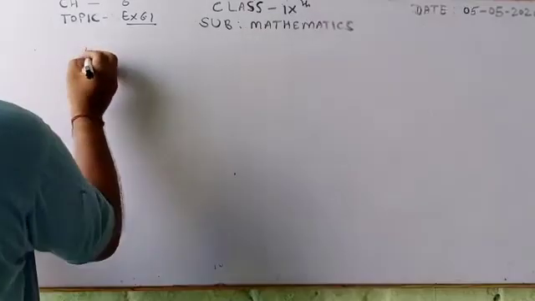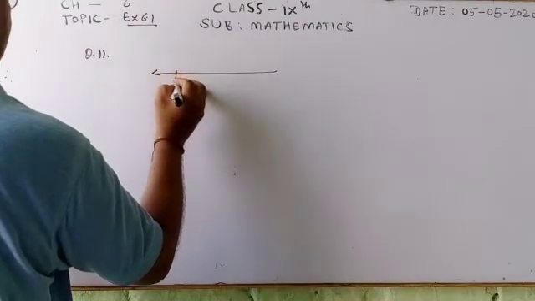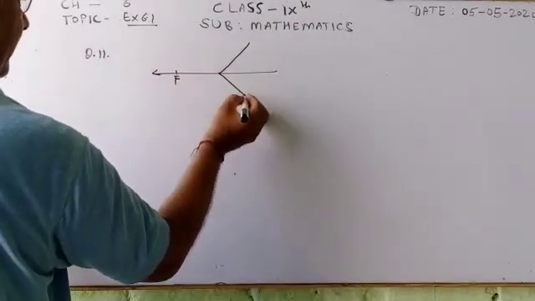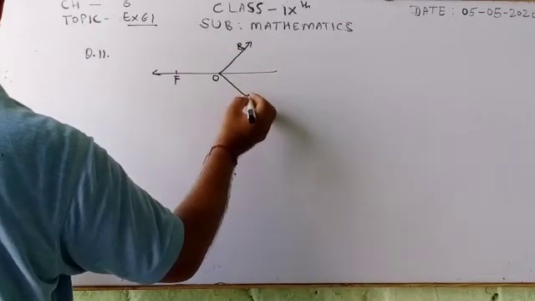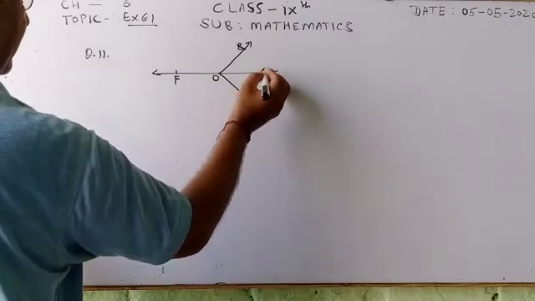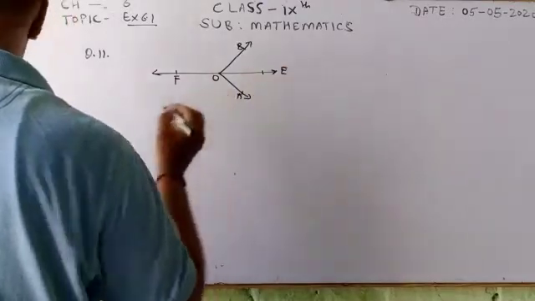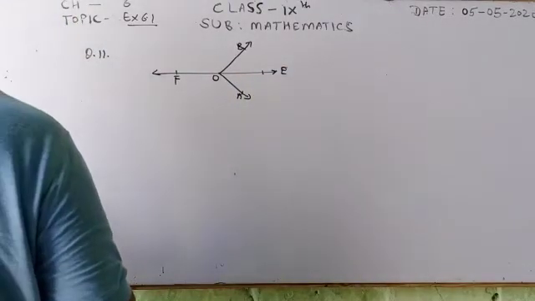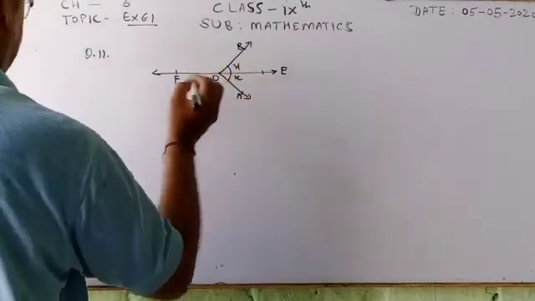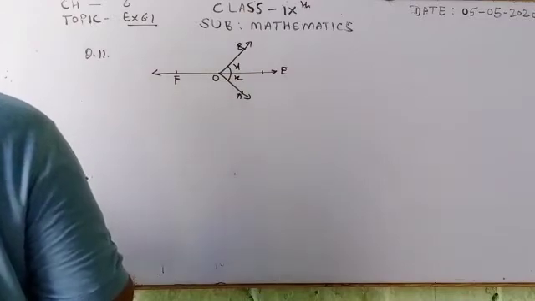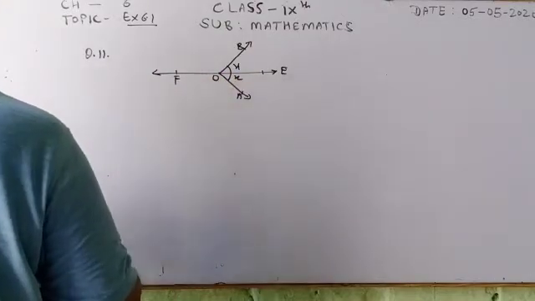We are taking question number 11. In the figure, OE bisects angle AOB. OE bisects it, which means this becomes equal to x and x. And OF is the ray opposite to OA. These are opposite rays. So, we have to prove